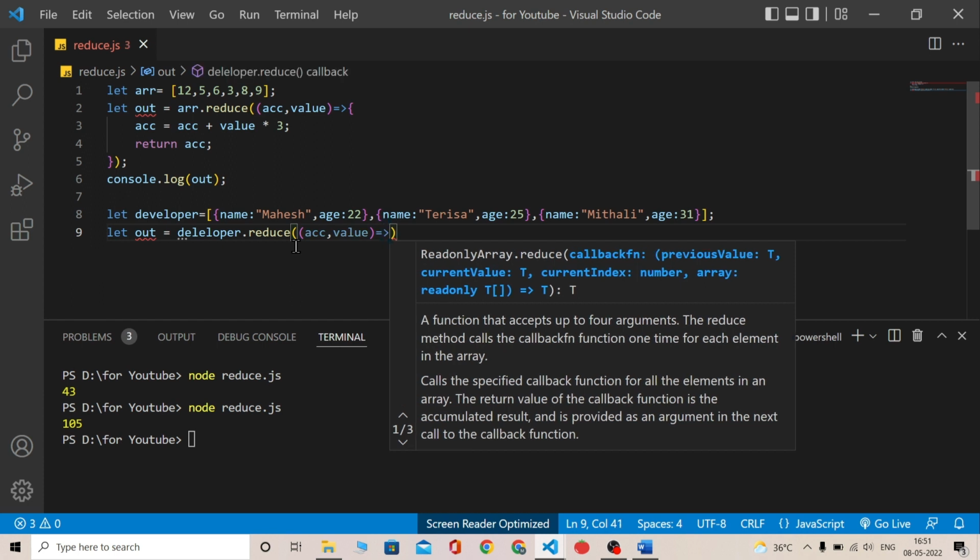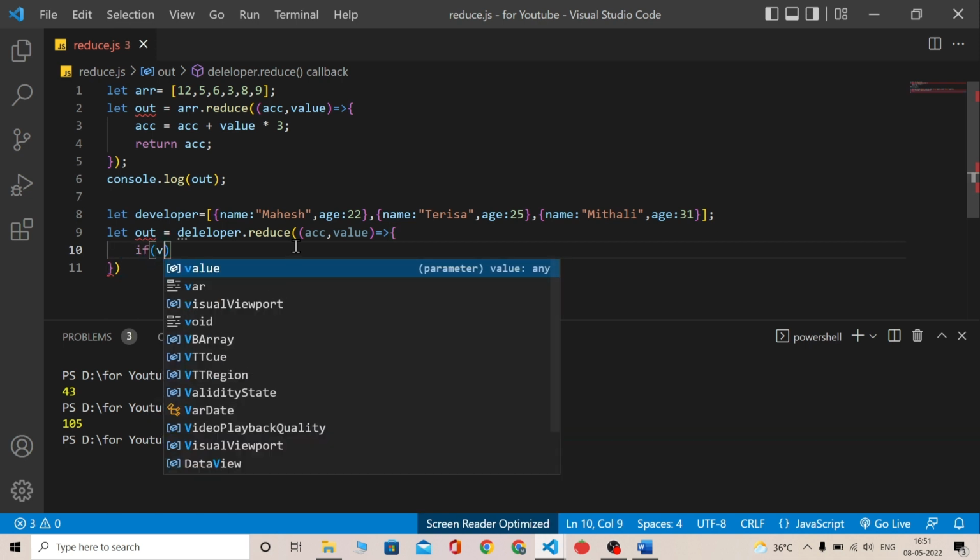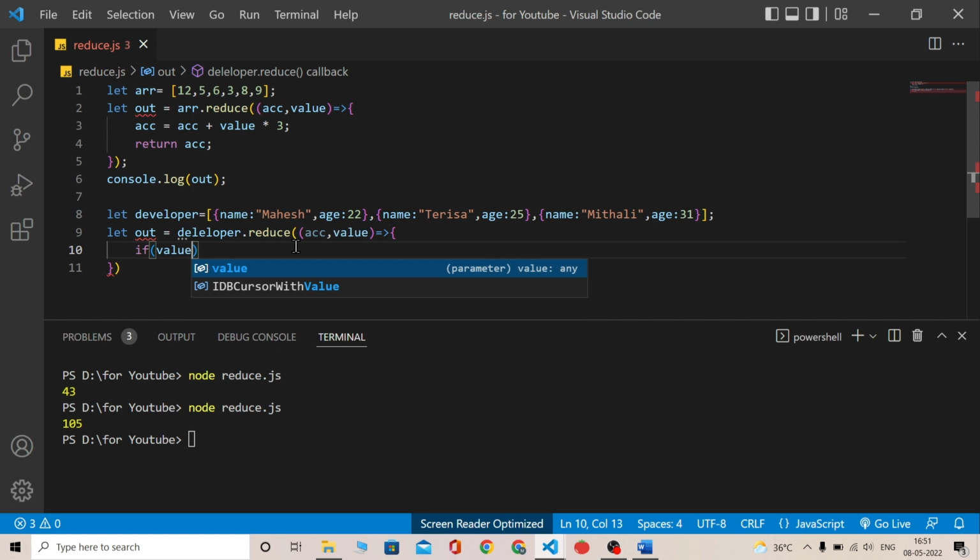I'm writing arrow function. Here I'm writing some condition: if value dot age greater than 20,